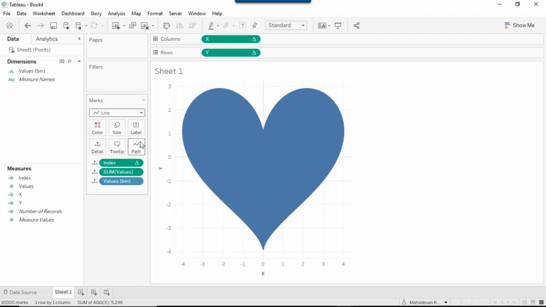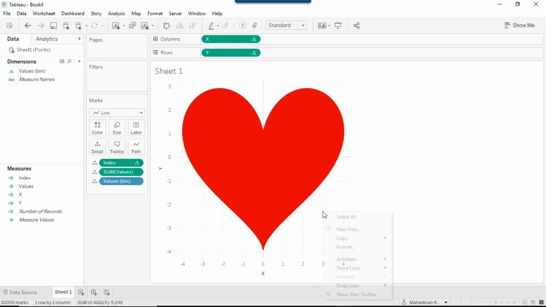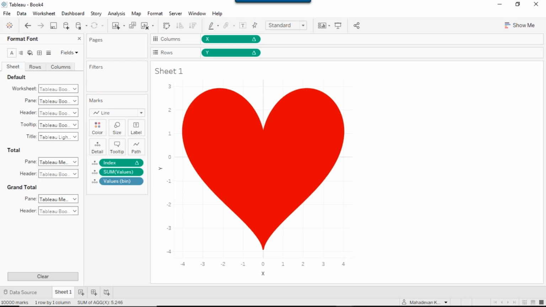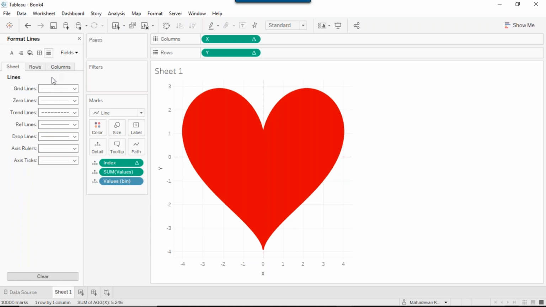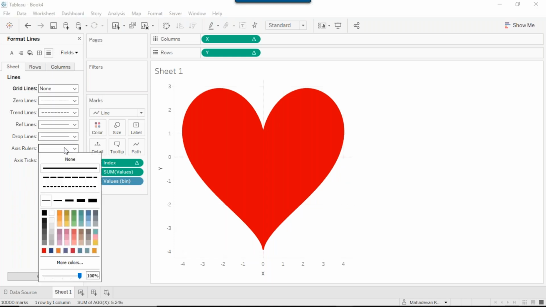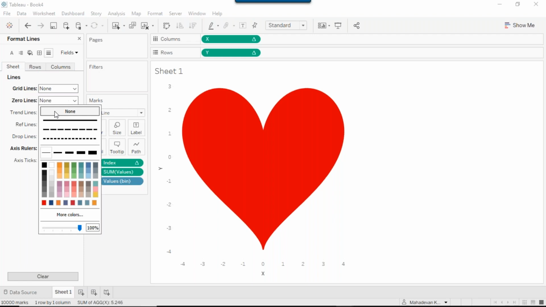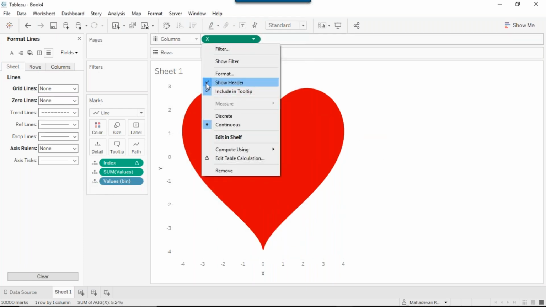And hereafter, I just change the color, and you can just play around with the background. And you need to do a couple of formatting. Let me go to the format, and let me go to the lines and remove the grid lines and the axis rulers. We don't want them. And zero lines I need to remove. Let me remove the zero lines, and then I need to remove the headers. Remove this header,